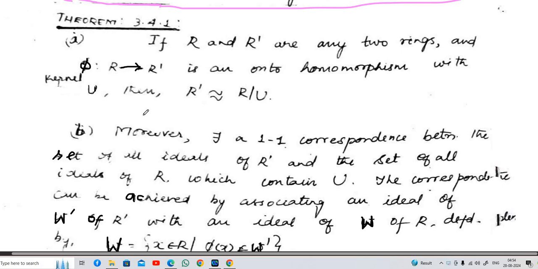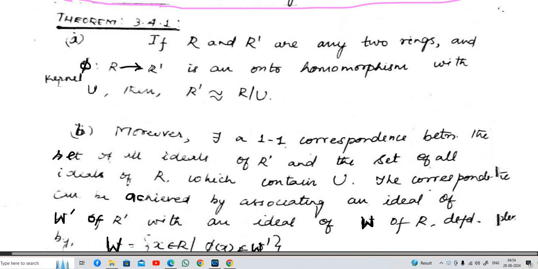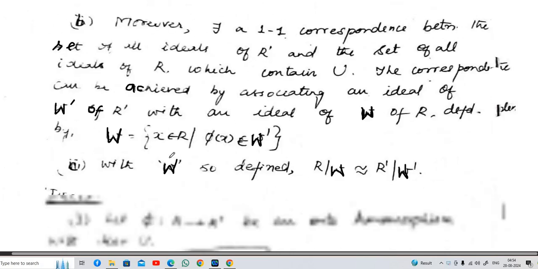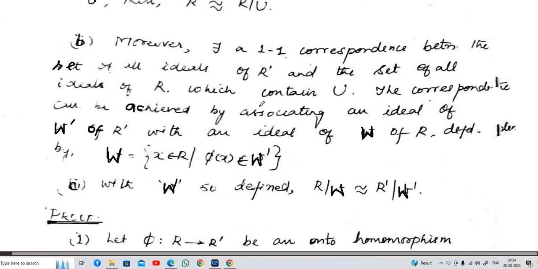In this video, we will have the proof of the first isomorphism theorem and the second isomorphism theorem on rings with the help of the ideals. And to prove the second isomorphism theorem, we need to have this part. So, in this theorem, we have the first isomorphism theorem and the second isomorphism theorem, and that is established with the